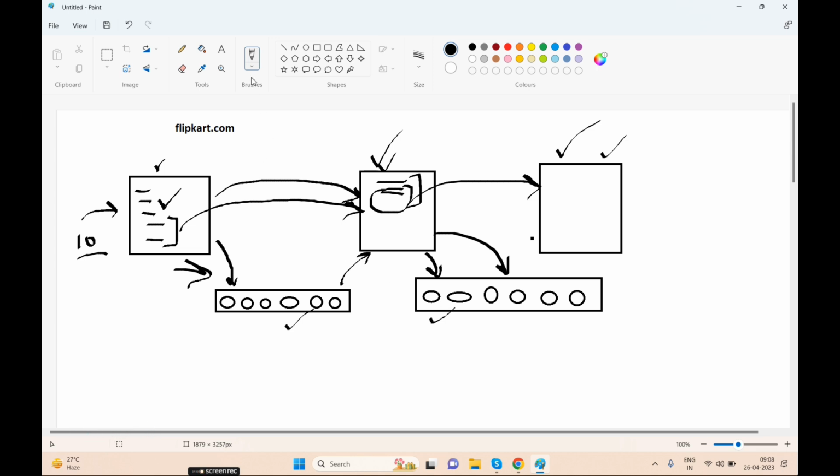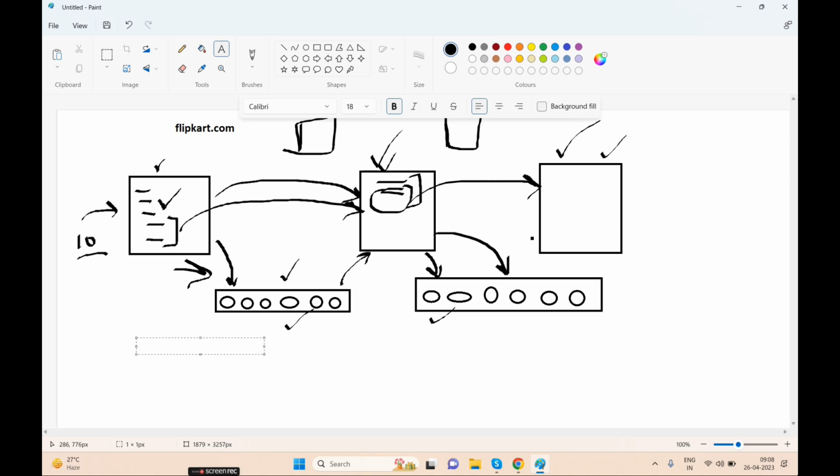Now there might be a chance that we can increase the servers also, right? But this is not the best way to deal with the system, because if we increase the servers, we are increasing the cost, and it's not possible that you will get that many requests daily. So increasing servers is not the solution. Attaching a queue is the best solution.